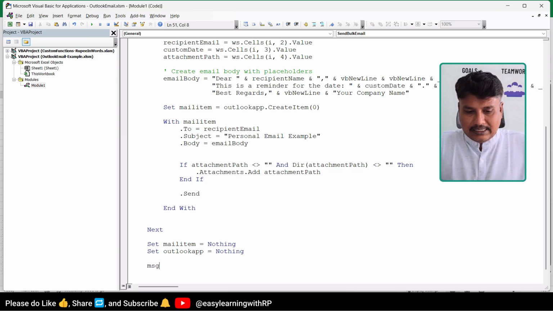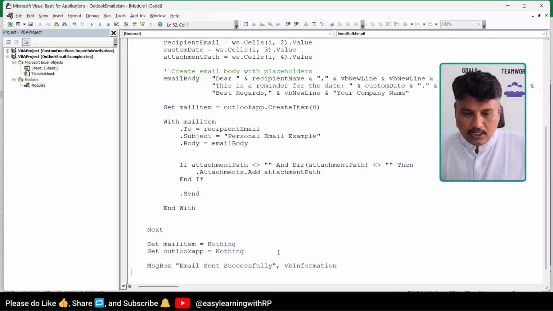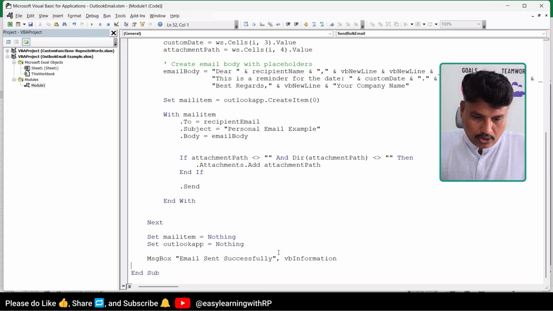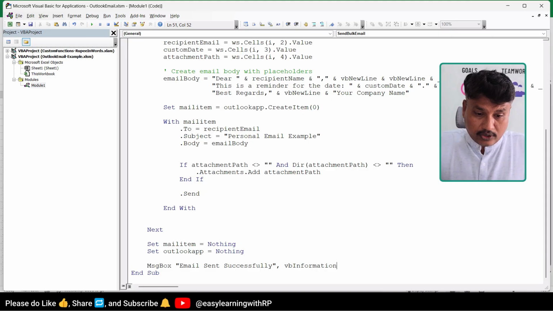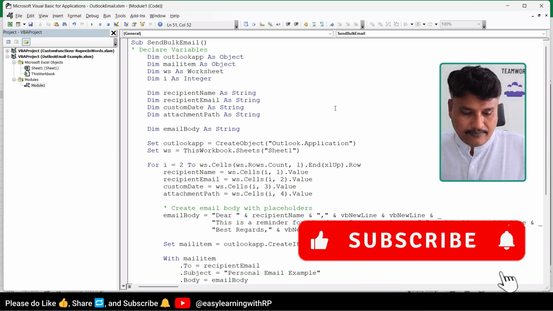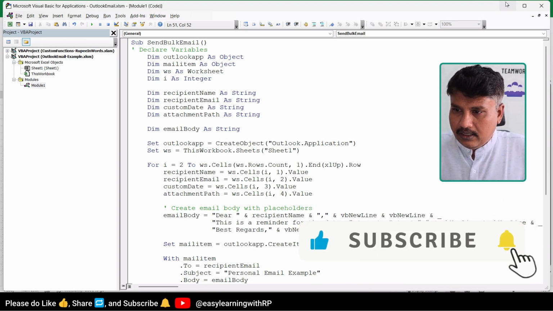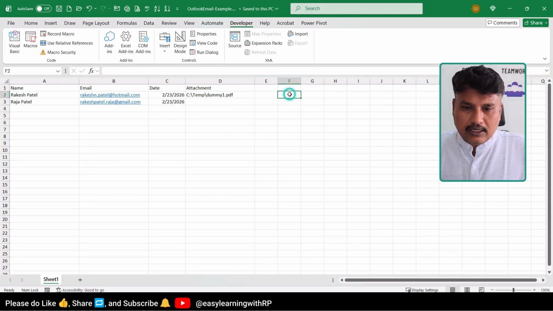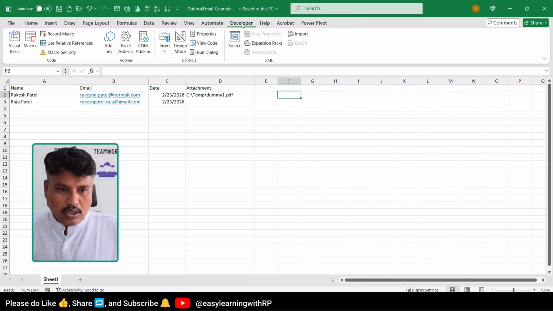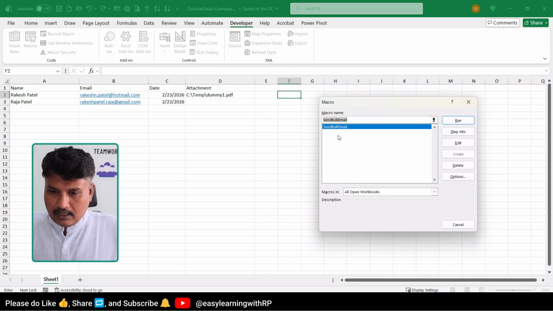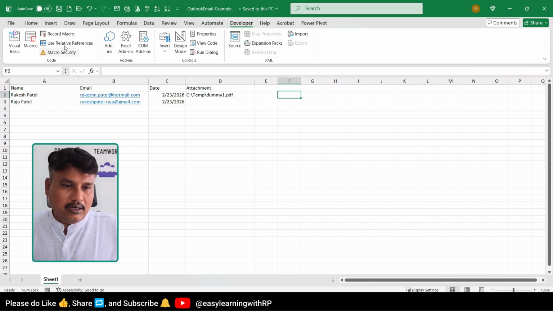So let's give a last message box equal to. So that's it. This is the module, this is the function that's going to help you send an email. Let's save that. I'm just going to close it, not required. And to send emails, we are using a bulk approach. So either you can go to the macro and run this macro directly, or you can assign it to some button.